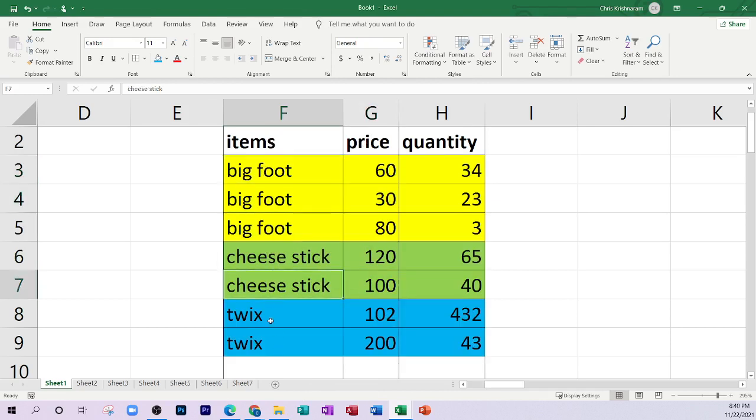Bigfoot first, cheese stick, and then Twix. So this column here is alphabetical. But the price now for that item, you want it in a specific order. For example, maybe you want it in descending order because you want to see